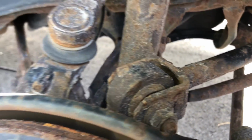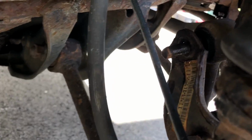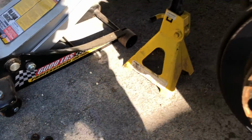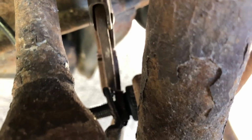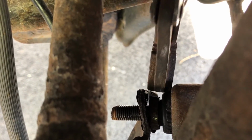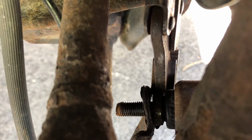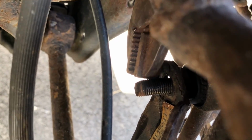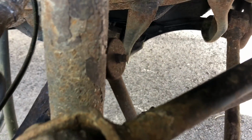And again, this is probably the hardest part. Don't be surprised if it takes you a good half hour or even a full hour for that matter, just inching them off a quarter turn at a time. Do what you gotta do. Use your impact socket if you need to. Use vice grips. I gripped it on the back side of the nut, like right there, to prevent the bolt itself from spinning. And then you can use your ratchet or your impact wrench to work that nut off. But eventually it will come off, and so now we can remove